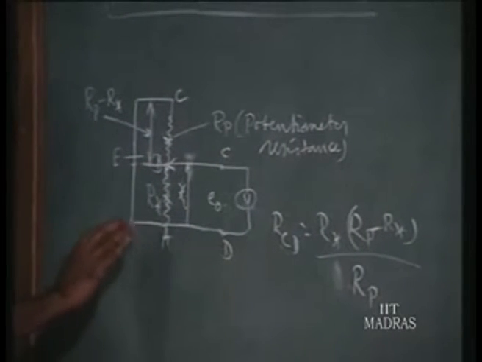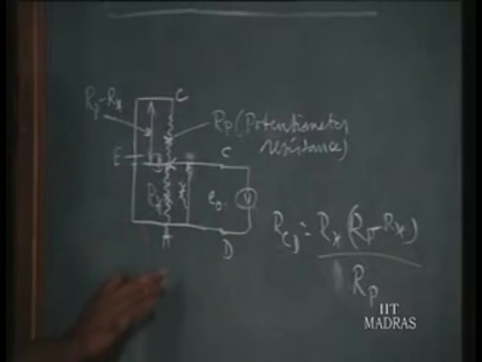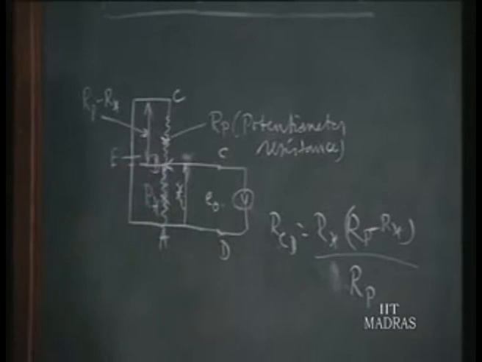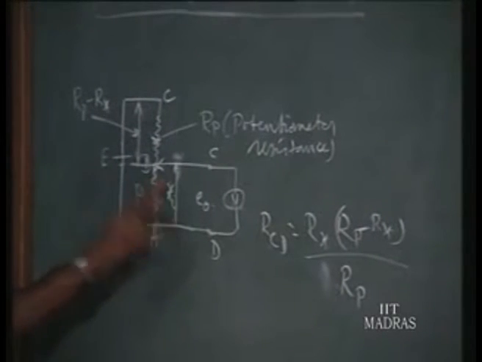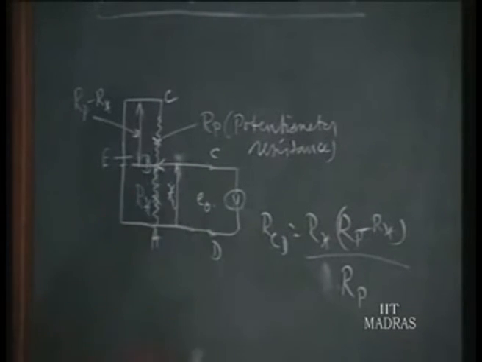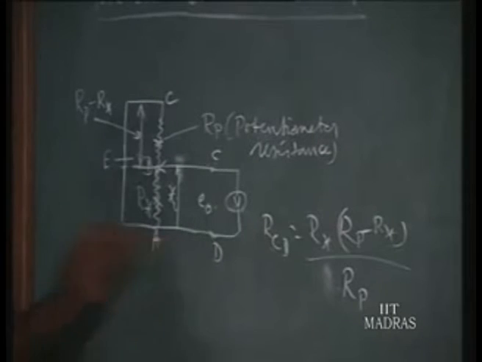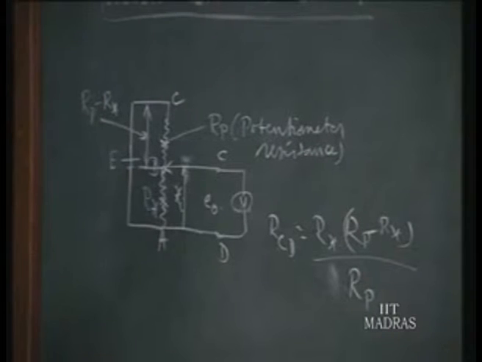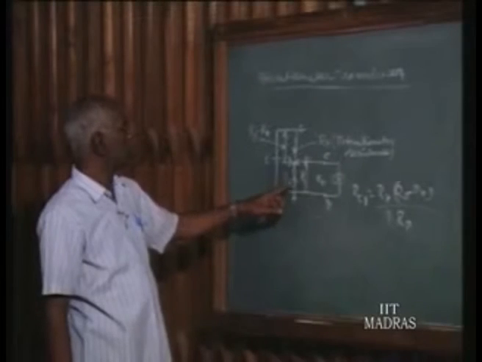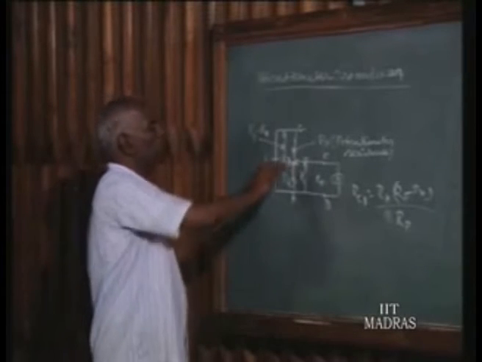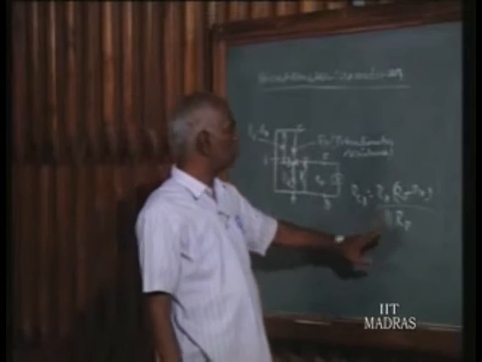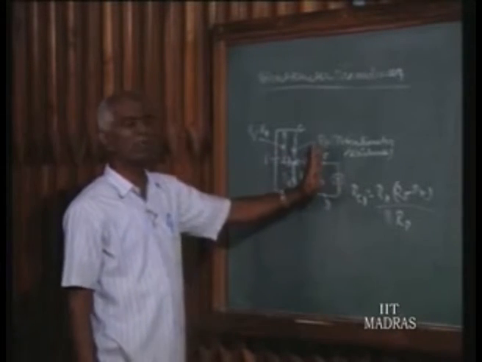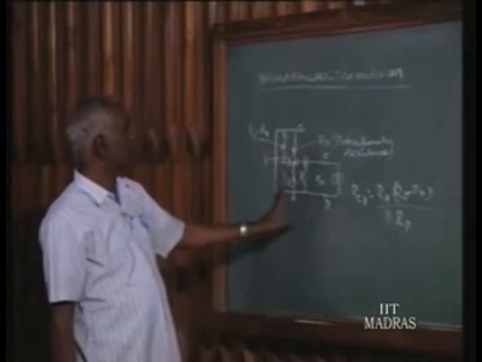But the main point to note here is that in a potentiometer transducer, where the potentiometer circuit is used for transducing a displacement to voltage, we have a varying output resistance. This is the important point. Hence the loading effect will also be varying. That is sufficient now to know about this circuit. Later, when we take up some problems, you will see how to make measurements when there is a varying loading effect. We will go to the other circuit.